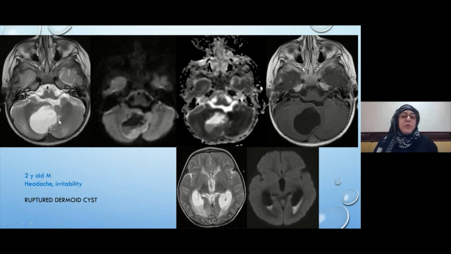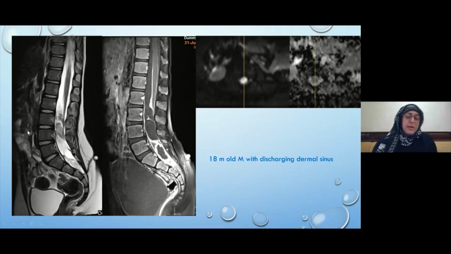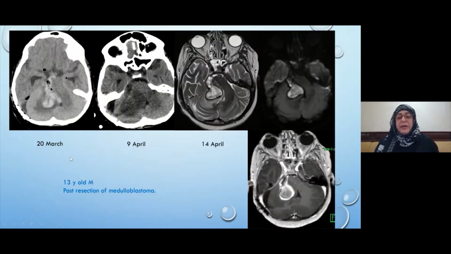However, the enhancement pattern and the edema are different. Dermal sinus involvement is also very important to recognize when there is a discharging dermal sinus or recurrent sinusitis, and it can happen